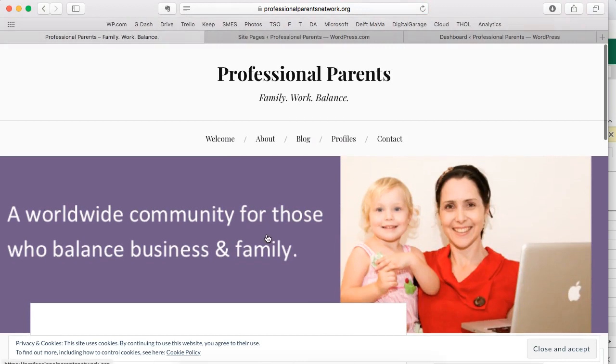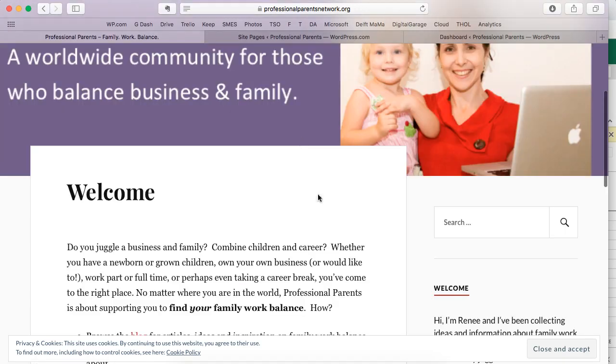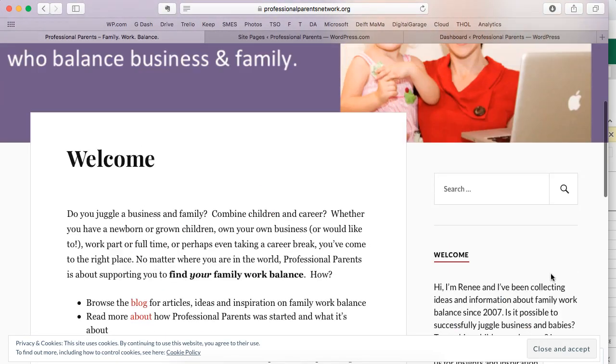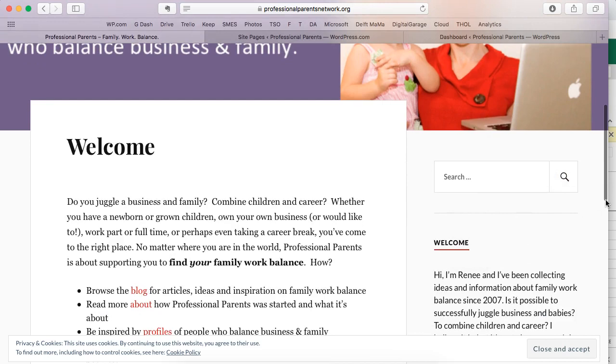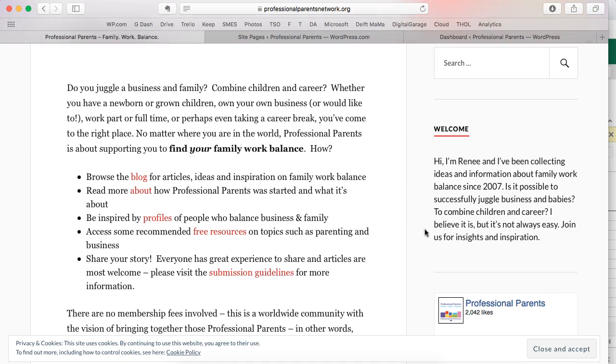If you're a new WordPress user, to show you the bits of my website, this is my header banner. This is my menu here. This is a page here, a welcome. This is a page. On the right hand side here, these are a little bit like Lego blocks. They're widgets. So that is a search widget. This is a text